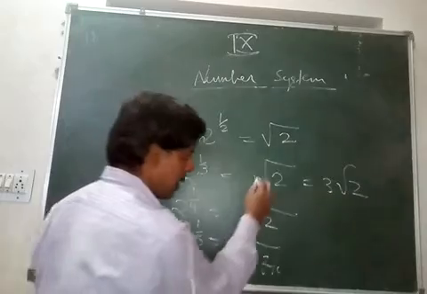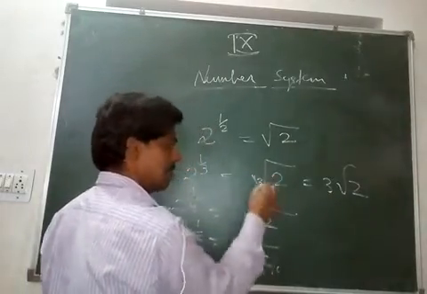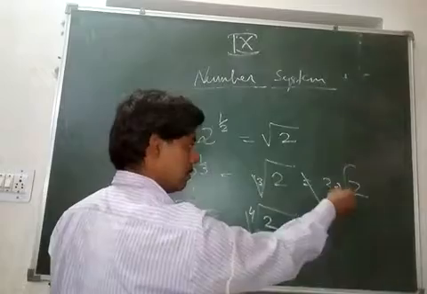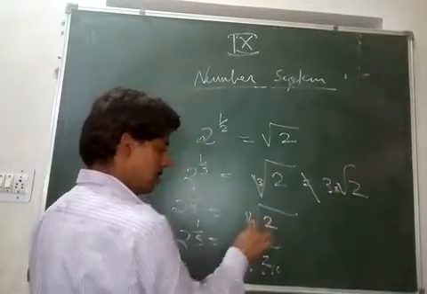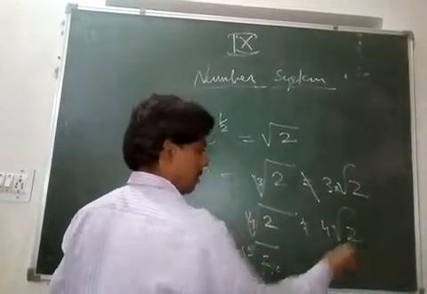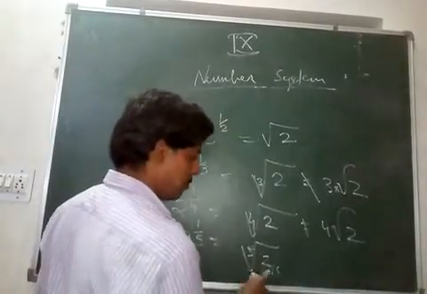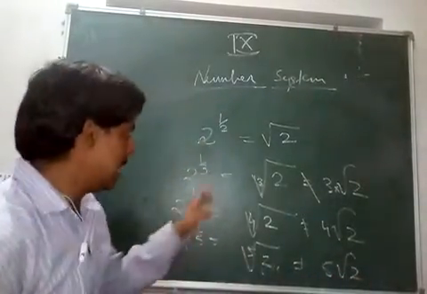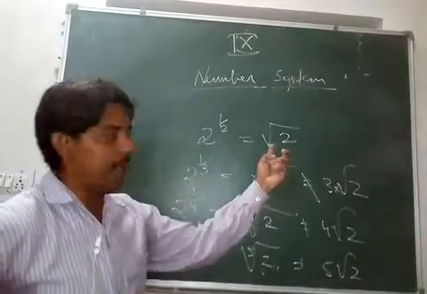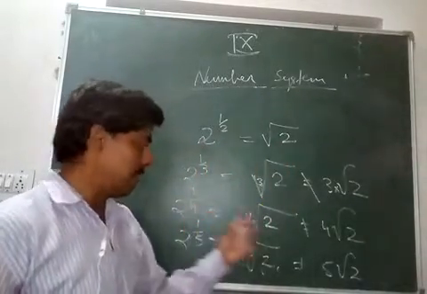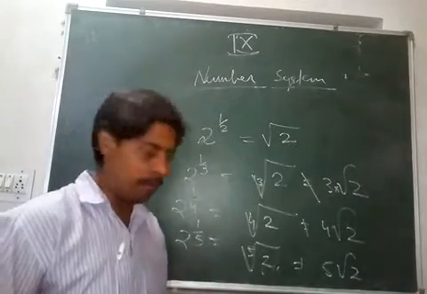So there is a difference between 3 root 2 and cube root of 2. In cube root you write 3 inside this radical sign. But 3 root 2, they are not equal. 3 is written outside. If it is written inside, this is fourth root of 2. It is not equal to 4 root 2. This is fifth root of 2, not equal to 5 root 2. So this is actually the exponent form and this is the radical form.